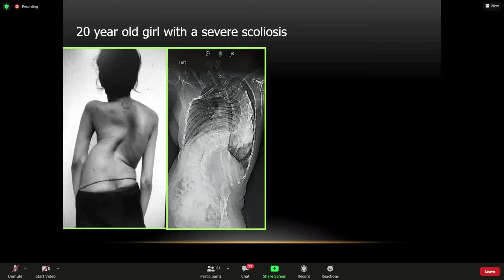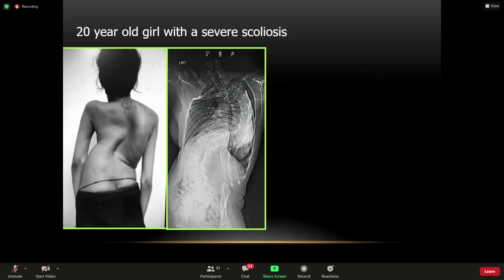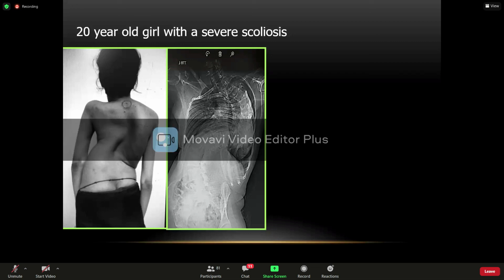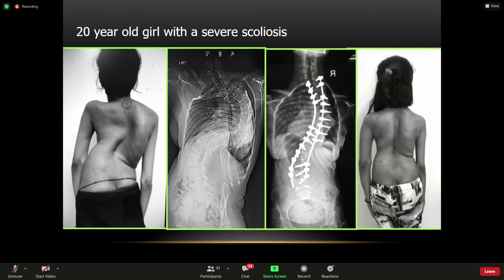These are more severe scoliosis. There's a 20-year-old girl whom we operated on a couple of years ago with very severe scoliosis of more than 120 degrees. For these kinds of children, we admit them in hospital for 3 weeks. We improve their nutrition, improve their lung capacity with spirometry, and we put them on some skull traction to see whether we can get some flexibility out of the spine, and then we do the surgery. You can see that post surgery, she's quite straightened out. She's very happy with the outcome anyway.